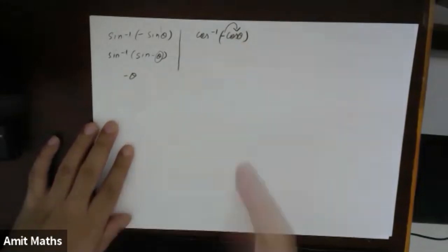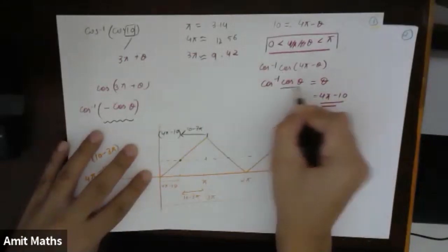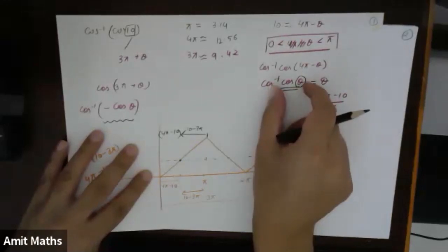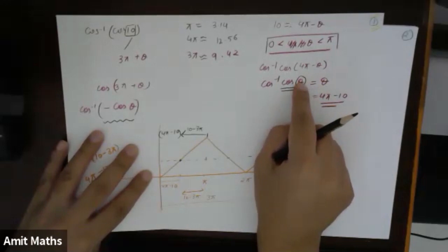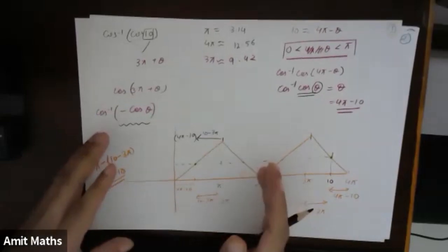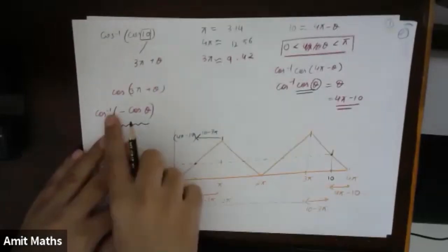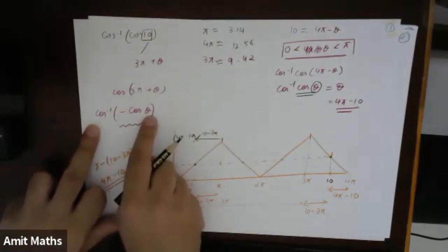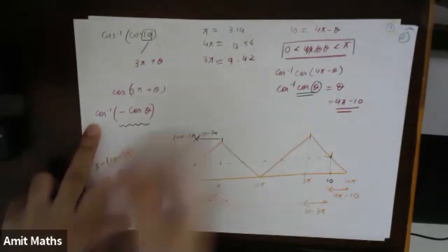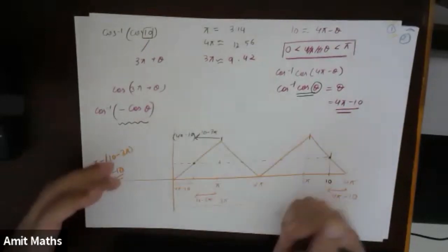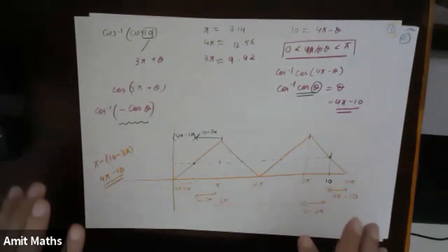So then what do we have to do? We have to do such a transformation in which we get cos theta as positive and this theta between 0 to pi. How do I know I have to subtract pi in the exam? Right now we have just started inverse trigonometry. Generally when you have cos inverse of minus cos theta, the output will be pi minus theta, but I have not taught that, so that is why we are using the graphical method.